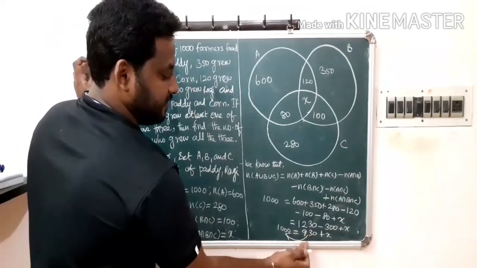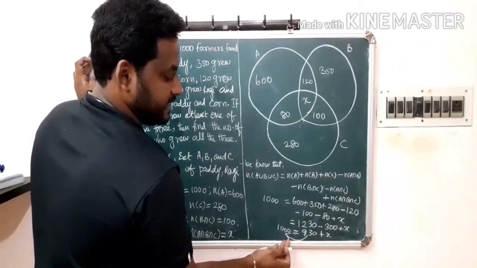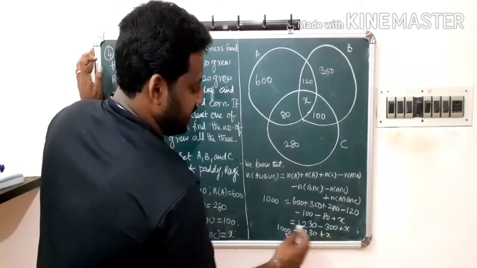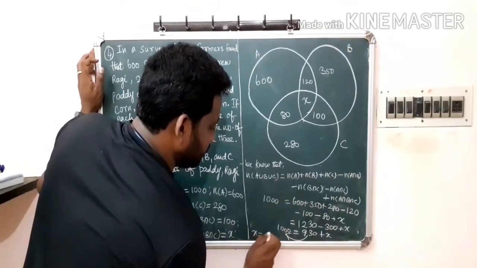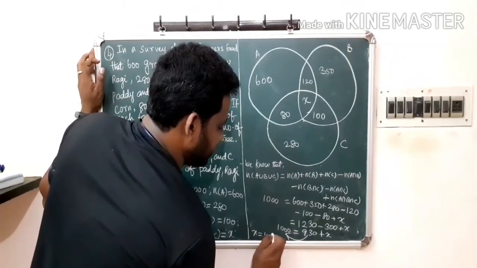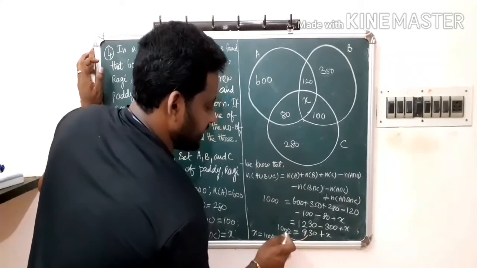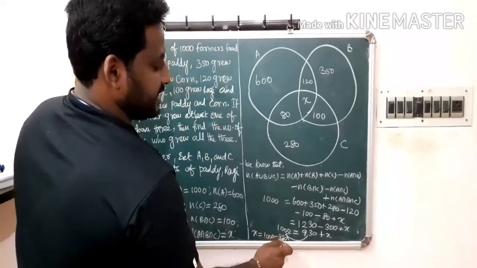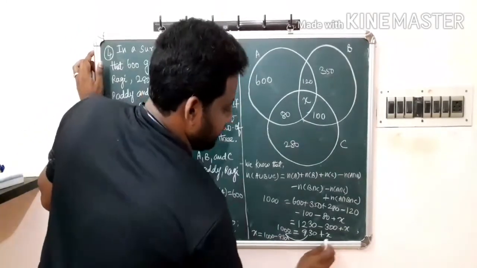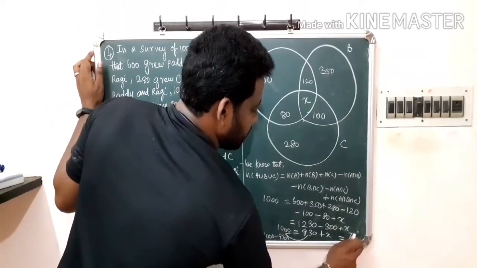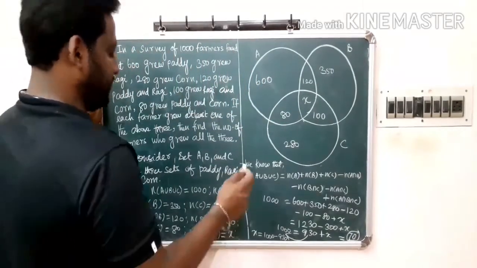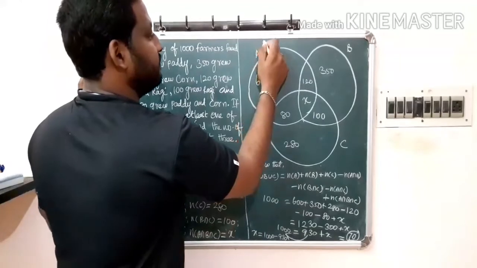So plus 930 will change into minus 930. We have to find the x value alone. So x is equal to 1000 minus 930, which is equal to 70. So therefore, we have to write,